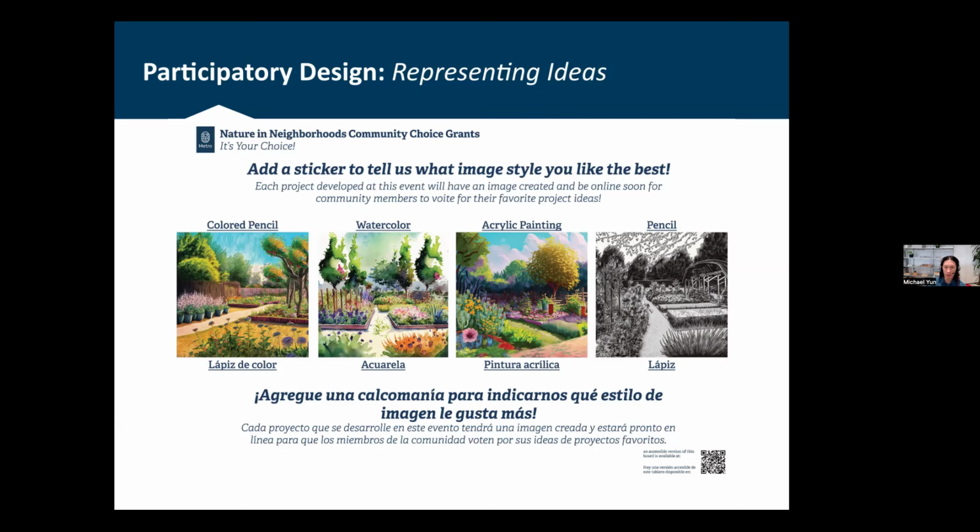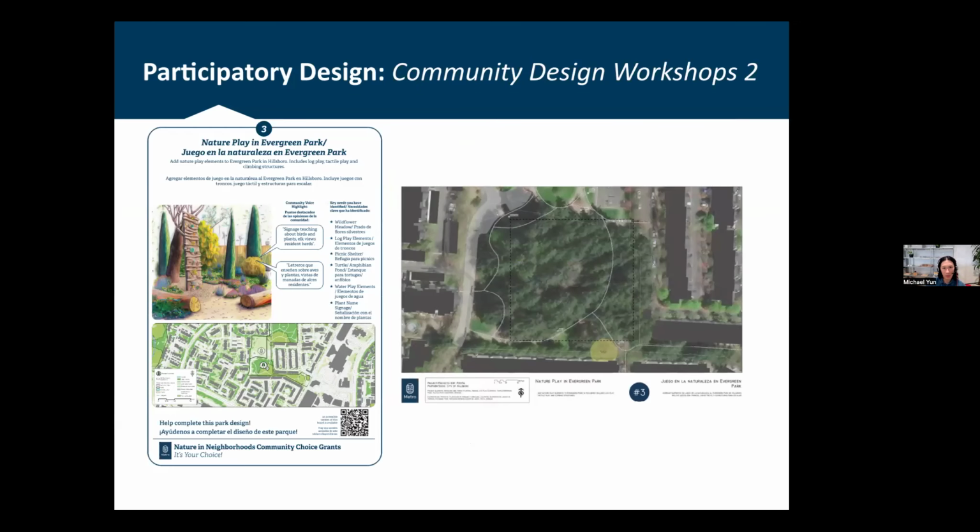And then we engaged people in the community to tell us which style they felt most attracted to. And actually people picked the far left one, the color pencil, which I thought was really interesting. So we then went into the next round of community design workshops with another advanced set of materials. You can see the Firefly rendering up at the top. Then we took the information that was on those collage boards and turned it into these quotes that you can see being called out of that graphic. We developed context maps using ArcGIS, and then we developed site scale maps, again, using an automated process in ArcGIS.